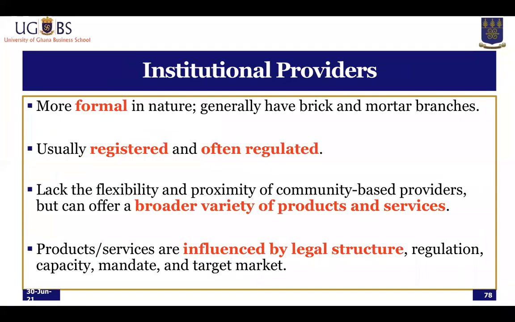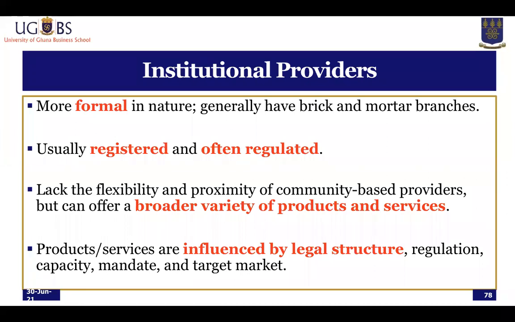community. Now, as for the institutional providers, they are a bit more formal in nature. Typically, they have brick and mortar buildings and branches. They are registered, and often they are regulated. The main thing is that they lack the flexibility and proximity of community-based providers. But the good thing is that they actually can offer a very broad variety of products and services. Of course, to a large extent, that can make them a bit more expensive. And the products and services they offer are usually influenced by their legal structure, the regulation, capacity, mandate, and target